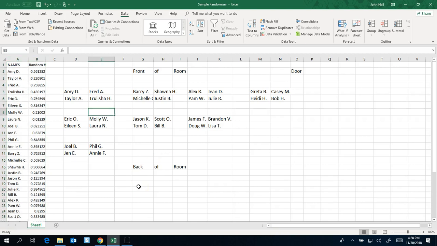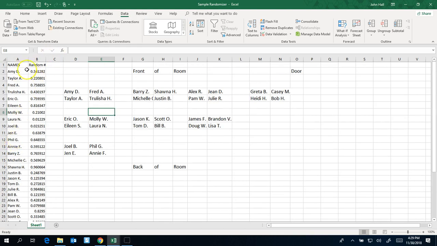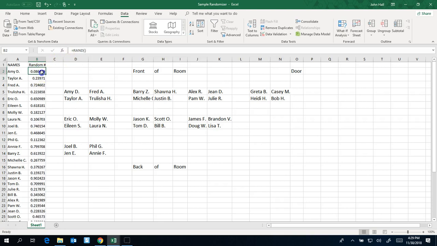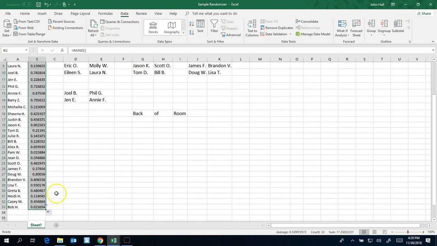To summarize how we could use Microsoft Excel to create a random seating chart generator for ourselves, it all comes down to using the first 2 columns for the names of our students, using the second column for random numbers by simply typing in the function =RAND and then a pair of parentheses, and then dragging that down to assign every student in our class a random number,